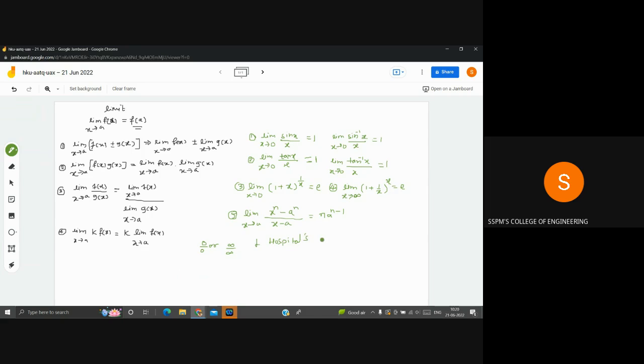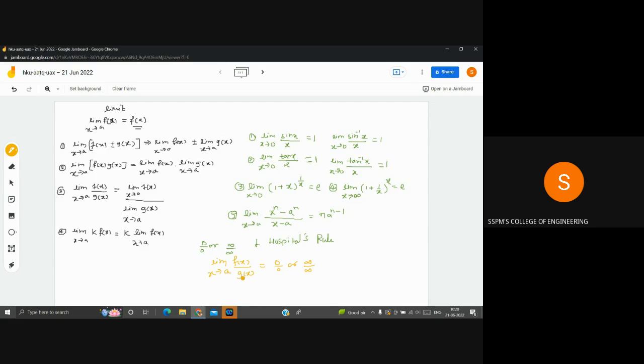Yes, L'Hospital rule. The rule says that when the limit of a function is in the form 0 by 0 or infinity by infinity. If the limit of the function f of x by g of x is in this form as x tends to whatever the limit is, that doesn't matter, but if you are getting the limit in the form 0 by 0 or infinity by infinity,